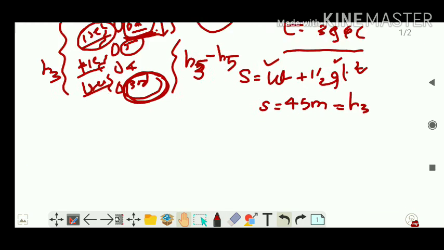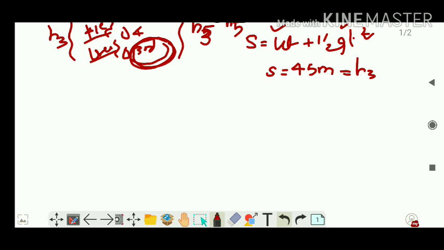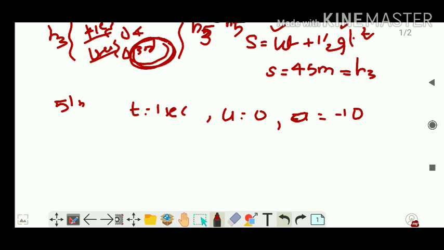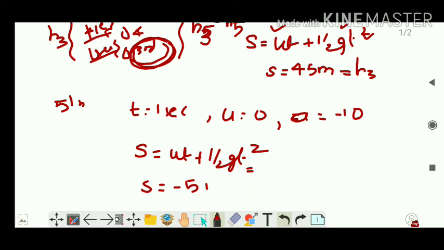Clear? So now I have to consider the fifth drop also. Now let's talk about the fifth drop. Now how can I calculate for the fifth drop? Again, the time period is 1 second, right? It is coming out 1 second before the sixth drop, right? Its initial velocity will be equal to 0, and its g, or acceleration, will also be equal to minus 10. Let's take it as minus 10. Now s is equal to ut plus half gt squared. Put the values like that. T will be 1. This is very easy. You will get the s as minus 5 meter,